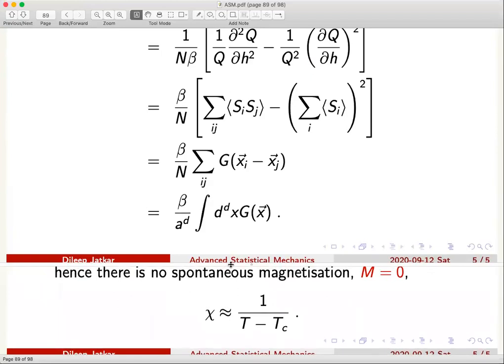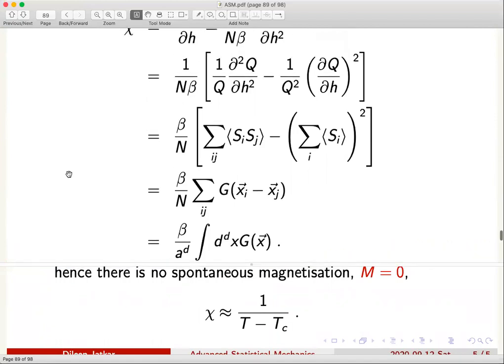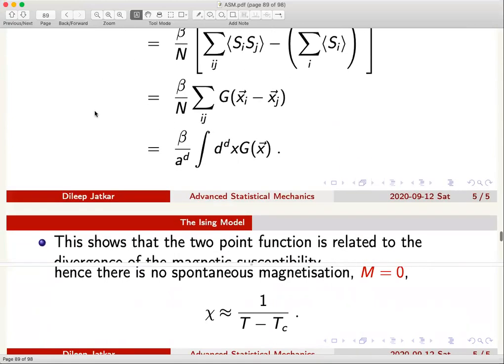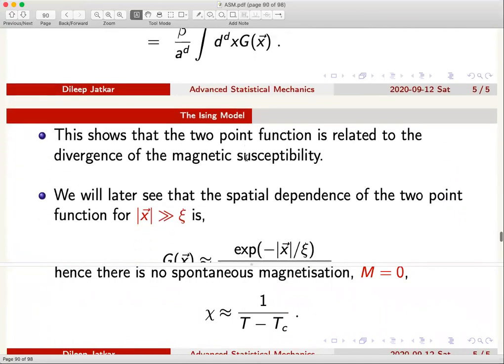So there is some kind of divergence that you see in the description of susceptibility in the neighborhood of the critical point. On the other hand, g of x, as we will see at some point,